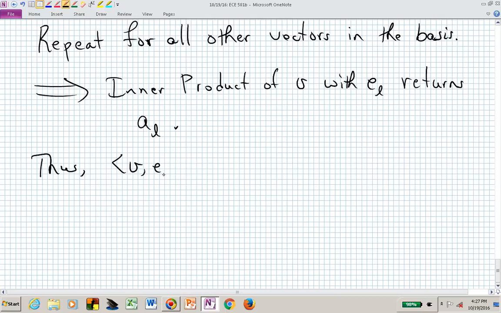Thus, the inner product of V with E1 is A1, the inner product of V with E sub 2 gives us A sub 2. And now if we need those scalar weightings on all of these vectors in our orthonormal basis,